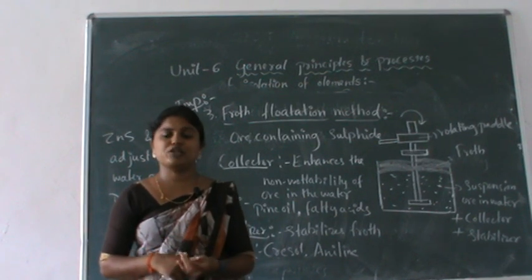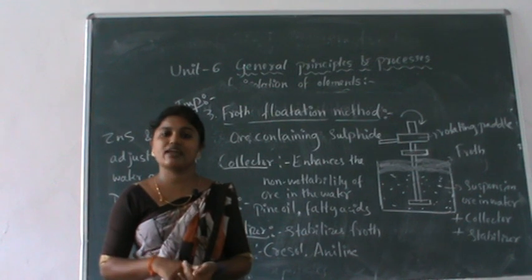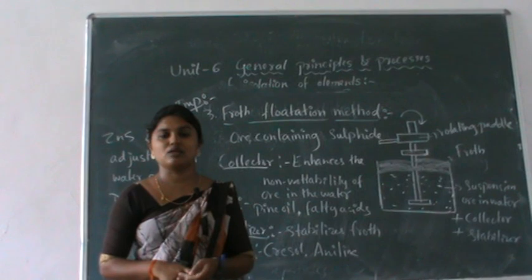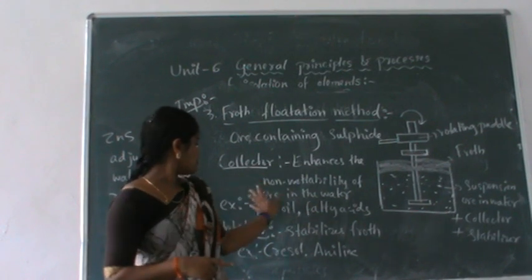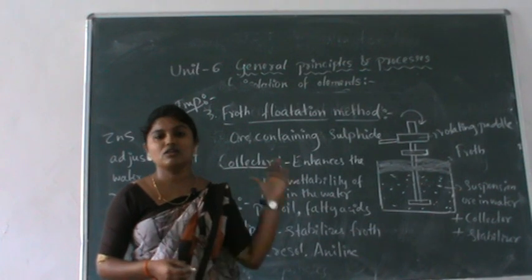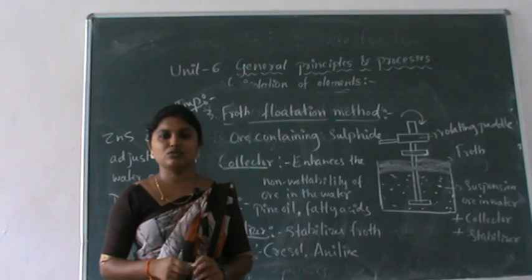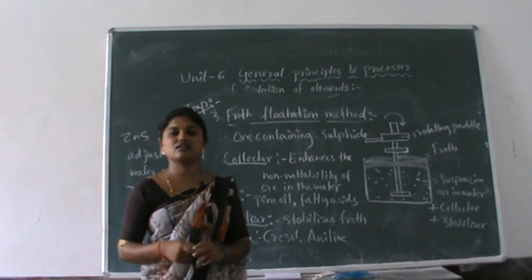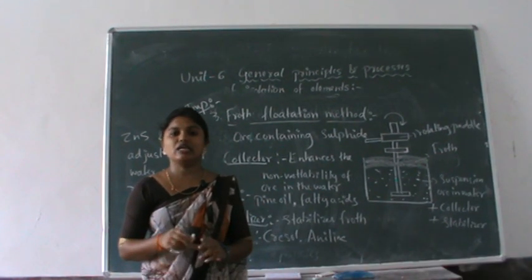Then what is froth flotation method? Why collectors are added to the method? Froth flotation method. Give example. What is the role of stabilizer or what is the role of depressant? In next topic, in next video, I am going to discuss the other steps involved in the